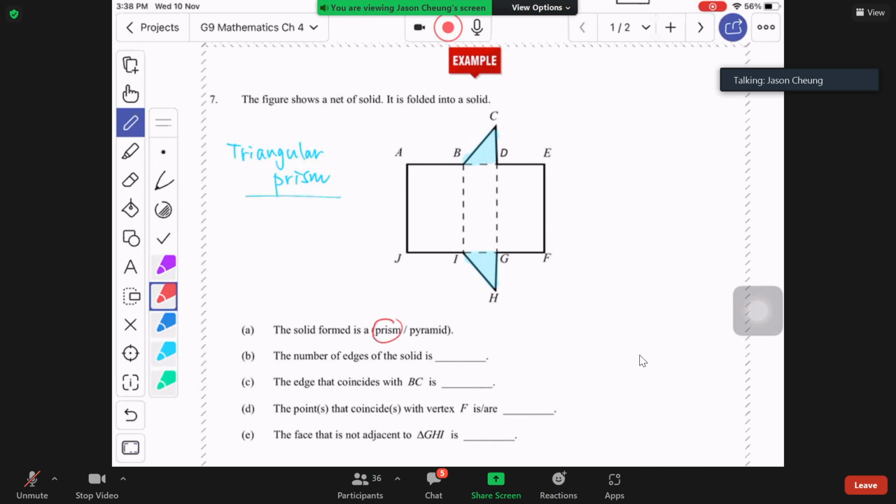Question B, what is the number of edges of the solid? So here the edges here, 即係嗰啲邊啊。Do you still remember 記唔記得以前 grade 7學過㗎 grade 7啊。